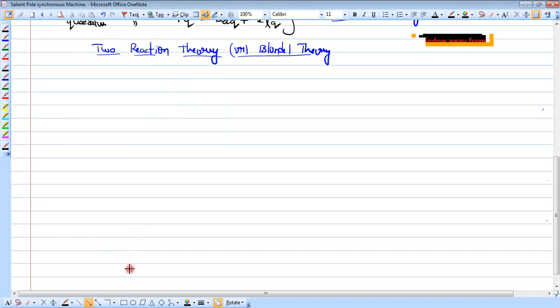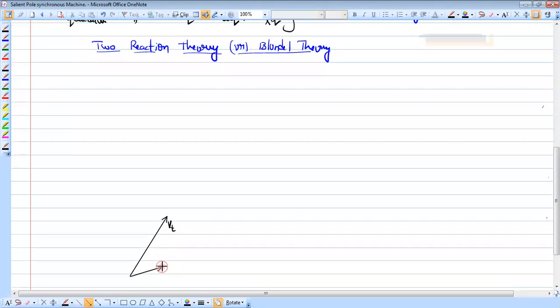I'm starting from the reference V. I'm taking voltage V as a reference phasor. So this is my V, the terminal voltage. Let us take Vt, V suffix t. Okay, this will be the output voltage of the generator. And we have Ia, the armature current, which lags this Vt by some angle. This is my Ia, and it lags Vt by the power factor angle, theta. Okay.